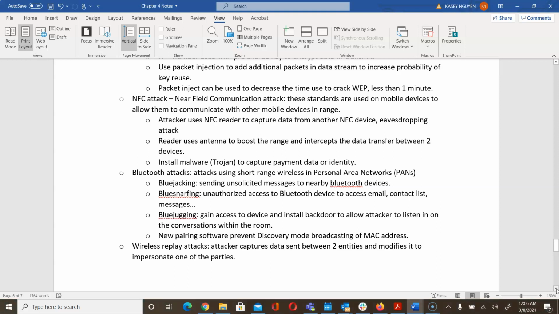Wireless replay attack is when the attacker captures the data sent by two systems or two devices, modifies it, and then impersonates one of the parties. So in this form of attack, they have to, number one, sniff out the wireless traffic. Number two, be able to